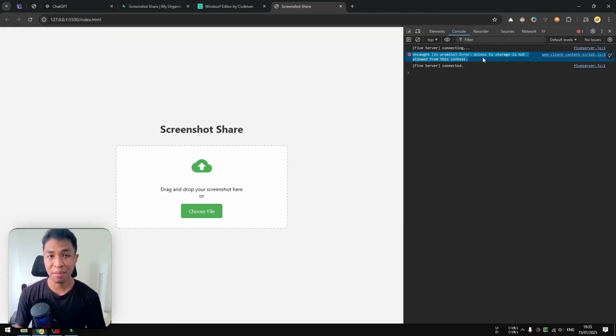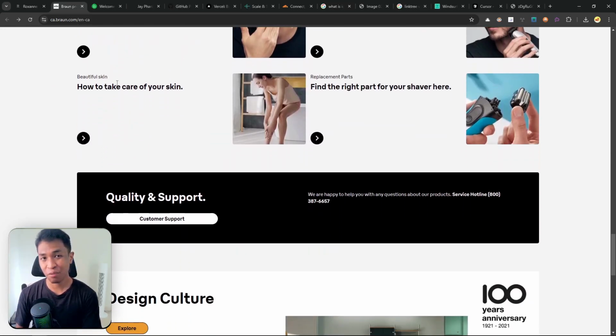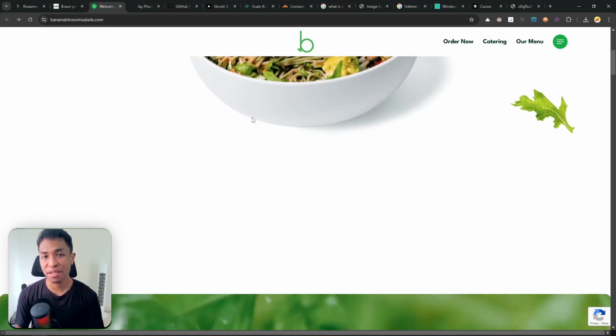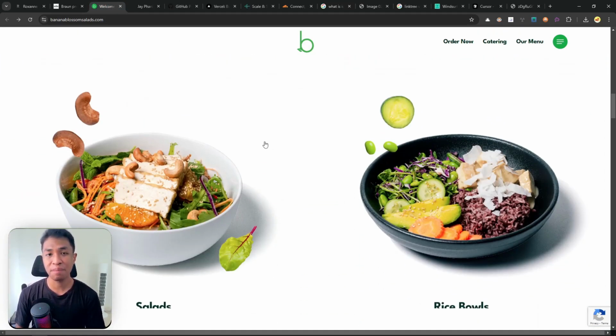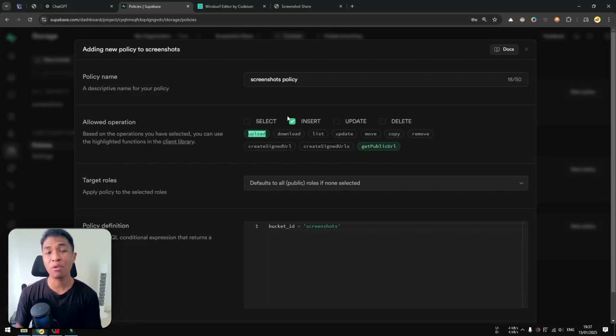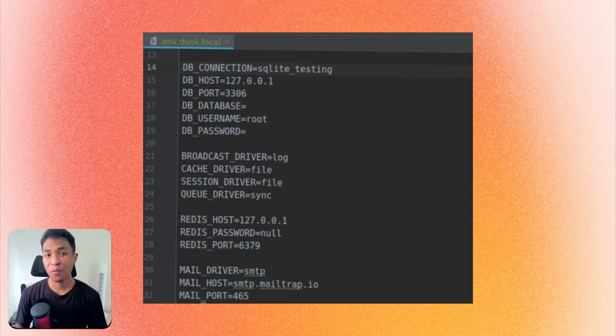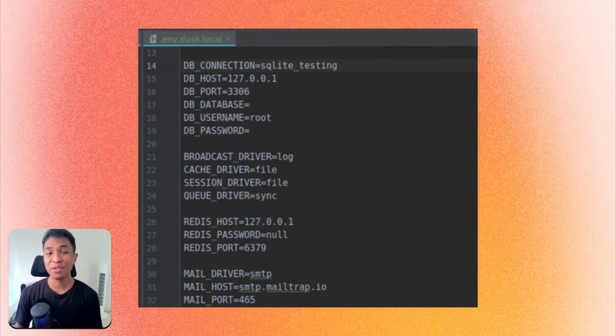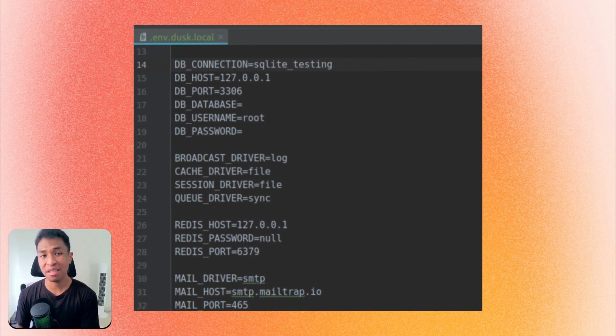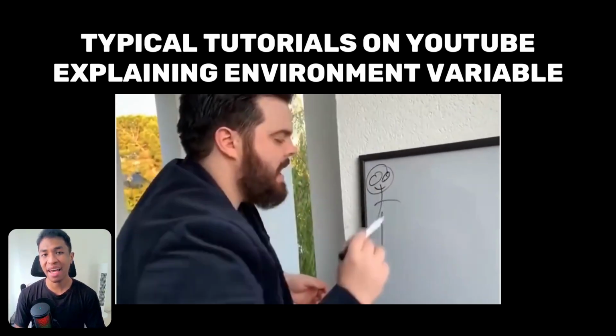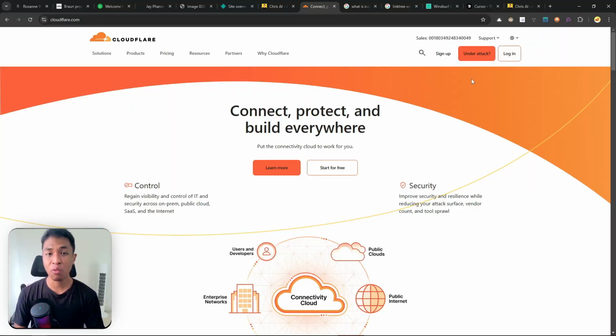Now, previously in my videos about building and deploying static websites using AI, I mentioned environment variables several times, but I really didn't show you how you can implement it properly. An environment variable is not just creating a .env file and then calling it a day. It is more complicated than that, and the way you do it really depends on where you are going to